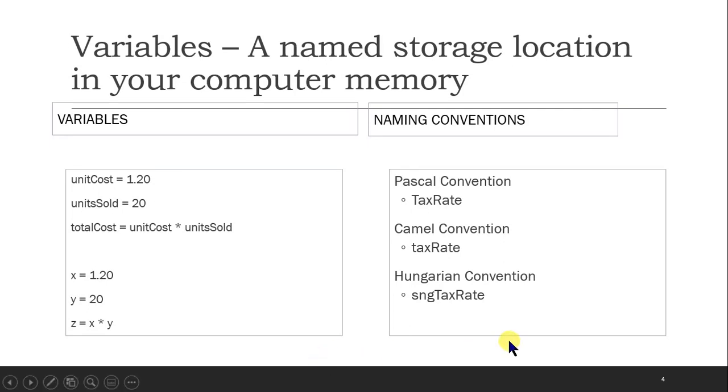Fine. There is also a Hungarian convention which uses the data type too: sngTaxRate, intTaxRate. So you can take any type of variable names. No issues. I only want to tell you that naming conventions are like Pascal convention, Camel convention, and Hungarian convention. This is just for your industry, your company, whichever convention they use. You use any of the three, the program will work. No issues. Okay.